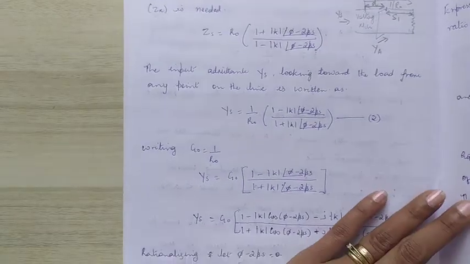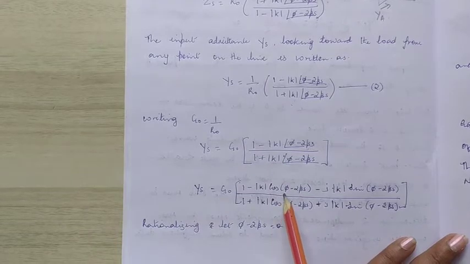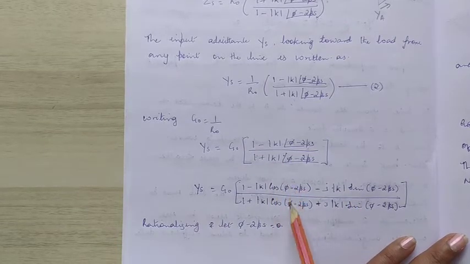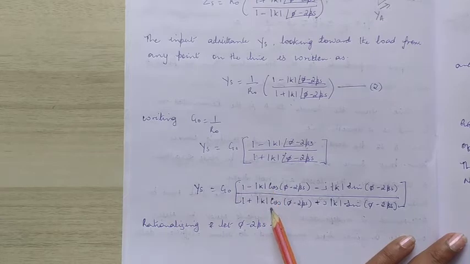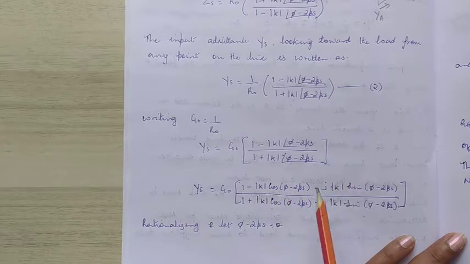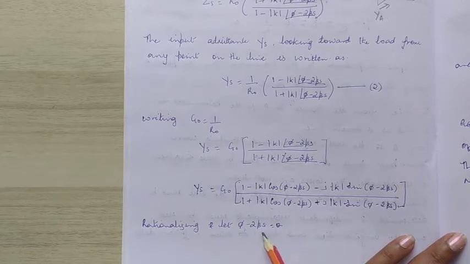Now, if you write this equation in terms of its cos and sine, then we would write it as this particular equation. So get your numerator and your denominator. If I have made a mistake, kindly bring it to my notice. But these are the equations that we get so far. Instead of writing this long term of phi minus 2 beta S, further on I have written phi minus 2 beta S as theta. But actually theta is equal to phi minus 2 beta S.